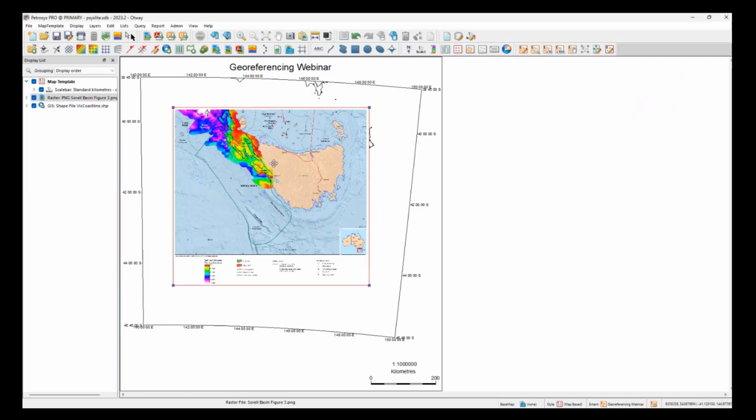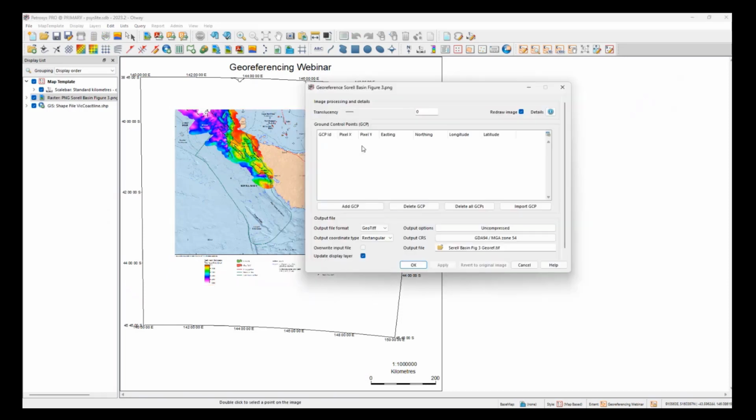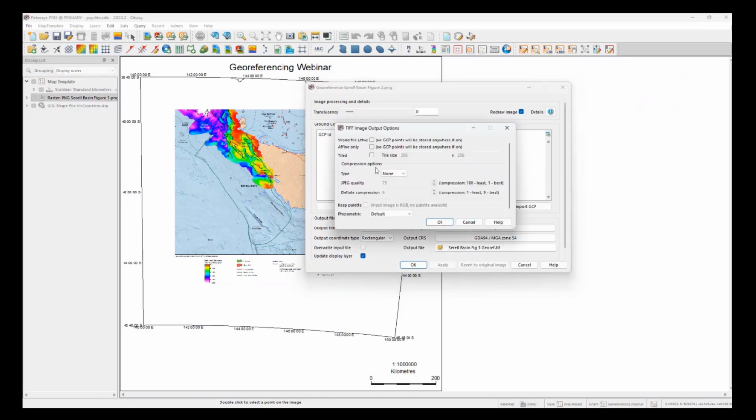So to georeference it, we select the map, right click and georeference image, and that opens up our new panel here. So I can select whether I want it to be a GeoTIFF, JPEG 2000 or ECW, and depending on which one I select here will determine what I can do here. So at the moment it's not a JPEG, so I can't select the JPEG